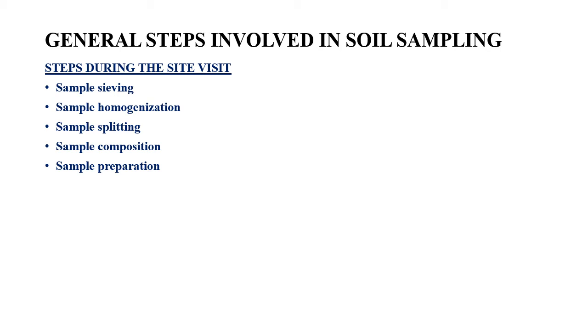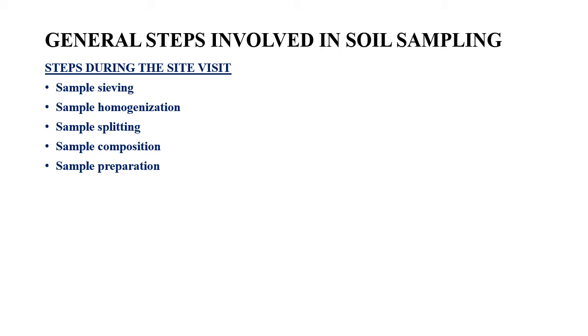Only things like twigs and glass pieces should be removed, but those materials which are contributing to contamination, or if you have any guesses like that, you should not remove such non-soil materials while sieving. And sieving becomes one of the necessary processes before applying any sort of method on the samples. But this sieving technique is not applicable to all types of contaminants. Especially if the soil contains volatile organic contaminants, sieving is not necessary.